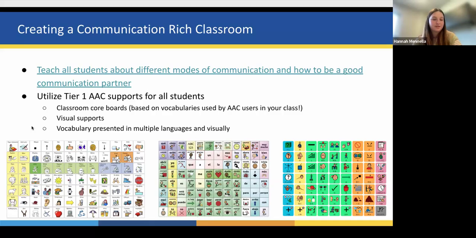Yeah. We're kind of wrapping up a little early here, but I like to say AAC is just language, right? It's just communication. Sometimes we separate it as its own scary thing. It's just language, right? So language supports that support your students are going to support your AAC users. Whatever language supports you provide for multilingual learners are in some way going to support an AAC user. You might need to provide them in a different modality, but it's just language. So it's not so scary. It's just language in a different way.